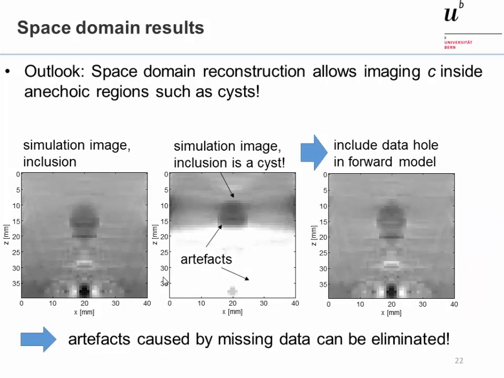So, by explicitly incorporating the missing data in the formulation of the forward problem, accurate reconstruction of the speed of sound can be obtained. In addition, this new algorithm allows us to take into account other regions of missing data, such as a cyst, which does not contain echoes. And this is a simulation where you have a lower speed of sound region inside the background. And if we now assume that there is no data available in this region, normally this would produce huge artifacts. But when we incorporate the absence of data in the reconstruction formulation, we can get the same image as here.